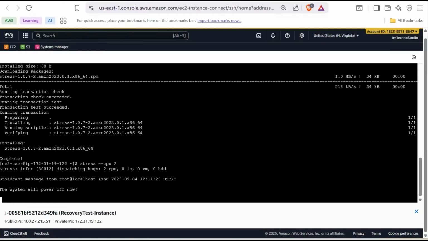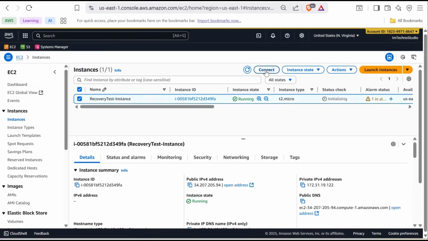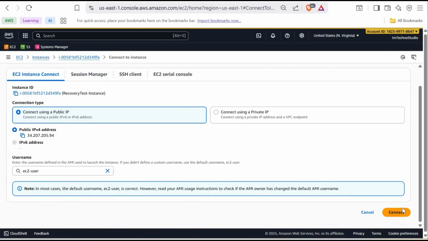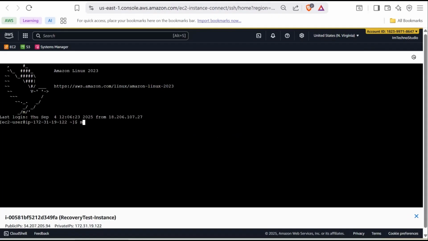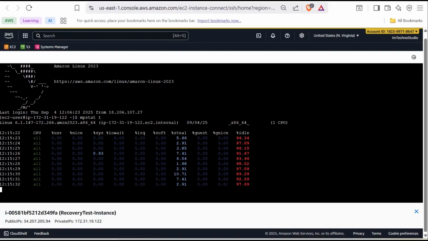Now if you switch over to the EC2 terminal, notice that since the instance has been restarted, the session is no longer active and you will see this message here. Now let's reconnect to the instance. Select the instance and click on connect. Now go to EC2 instance connect. Run mpstat 1. The CPU is back to idle, confirming that the issue is resolved, and the CloudWatch alarm transitions